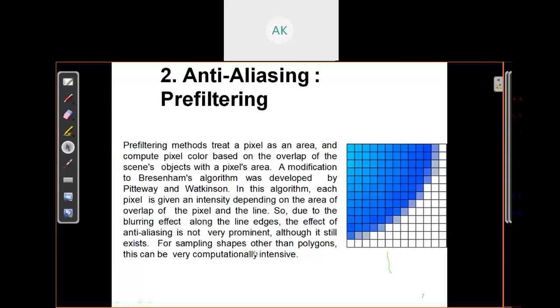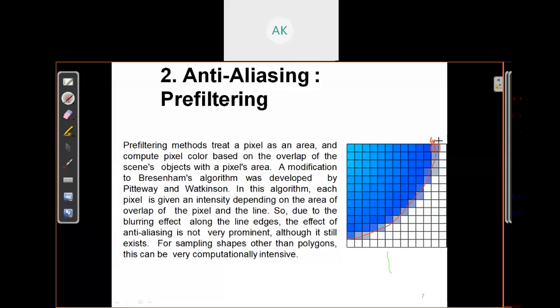Again I'm just repeating: suppose this is your true border, but using rendering we have created kind of jaggies. Just consider this pixel. How much portion or area is covered? It is 40% and 60%.